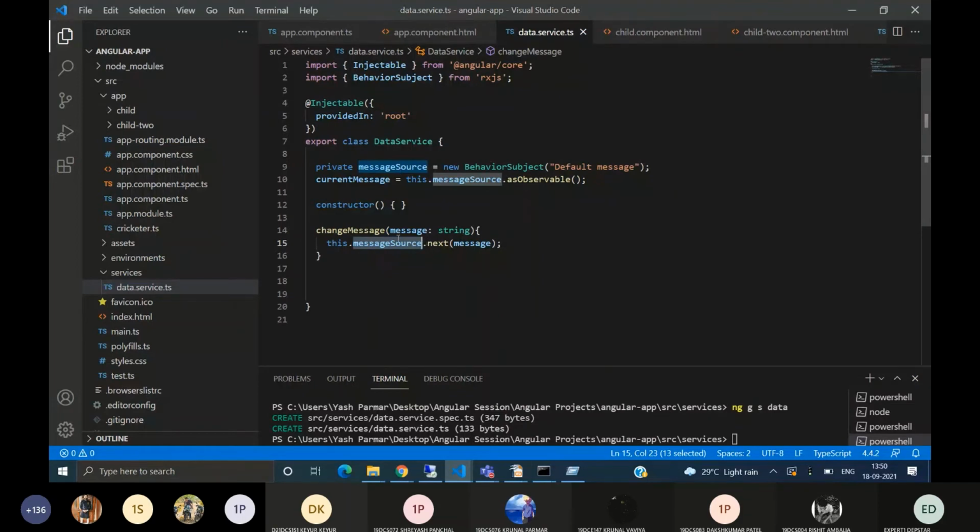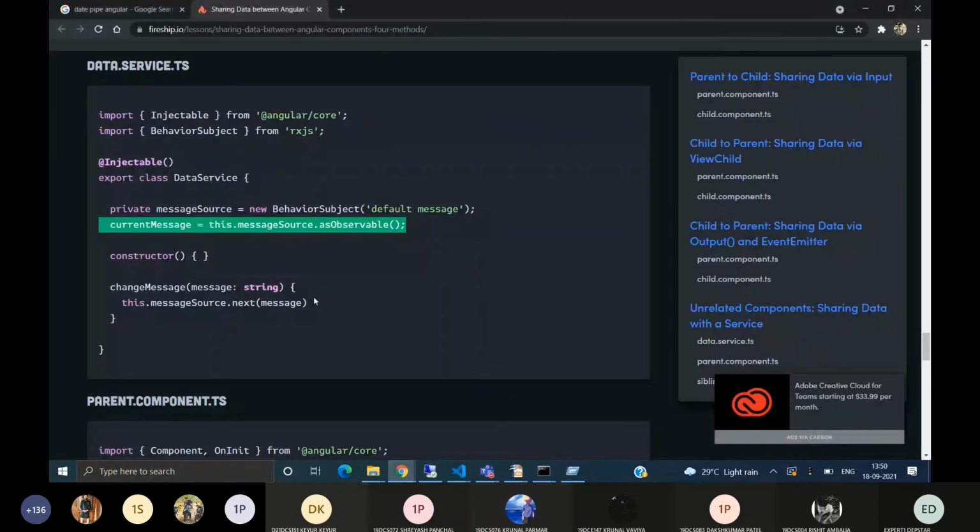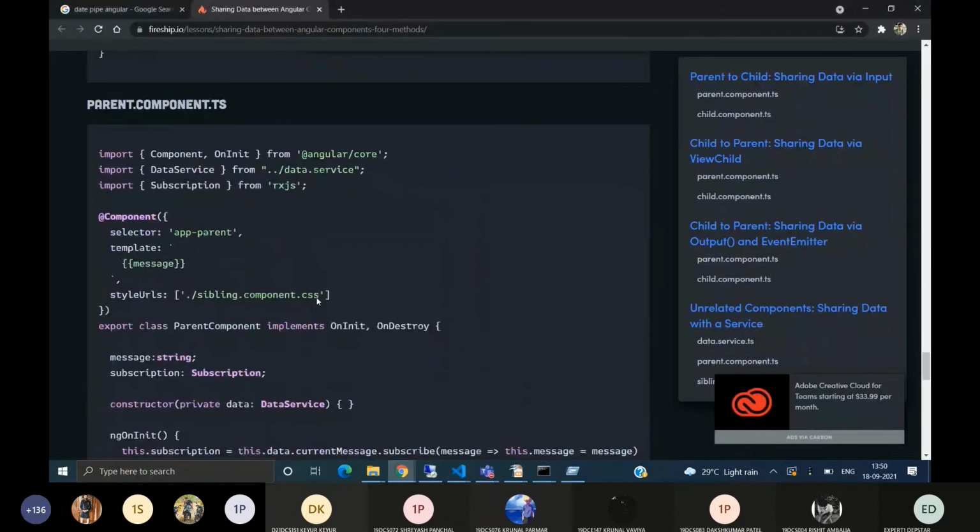And as soon as this is done, this currentMessage is waiting for any change to be done in messageSource, as it is an observable of this messageSource. So we will subscribe to this currentMessage in another component where we want to fetch its data, and we will get data from any component to another component. Let us do that.